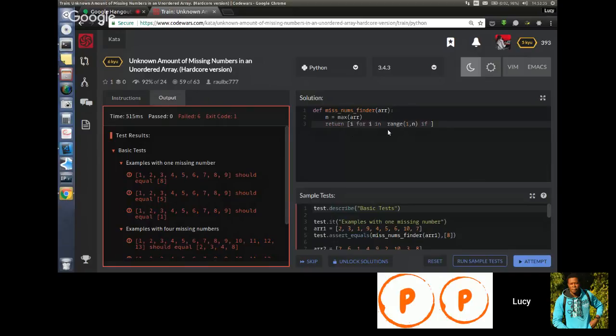So i for i in range, this range, which is from 1 to the maximum number, if our i is not in the other list. Yes, that makes sense.